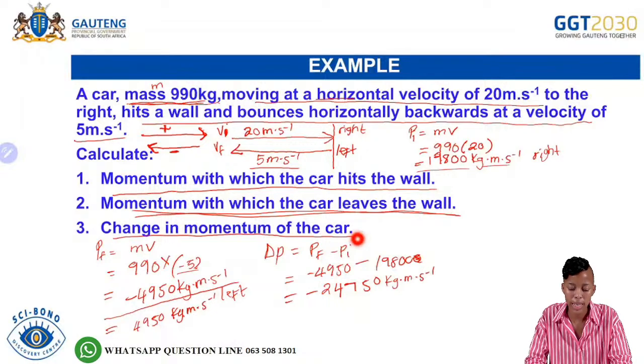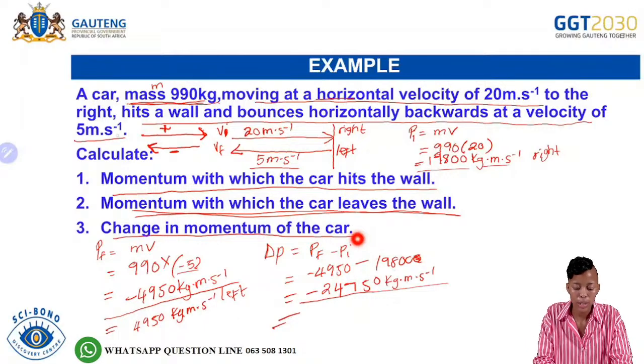So remember, we said again, the SI units for the change in momentum will be the same as the SI units of the momentum. What are the SI units for momentum? Kilograms meters per second. Therefore, the SI units for change in momentum will also be the same. So for the direction, how do we write the direction now? We are getting a negative answer. So if we have a negative answer, we are going to look at the direction. What did we say? We said we are going to take the right as